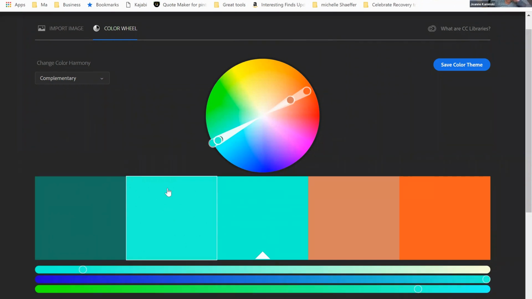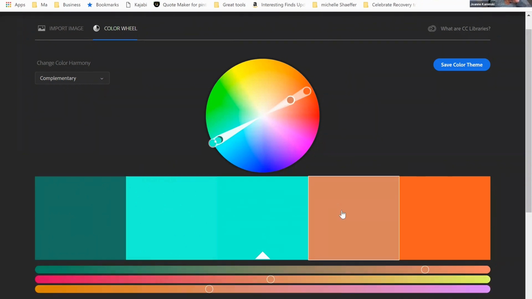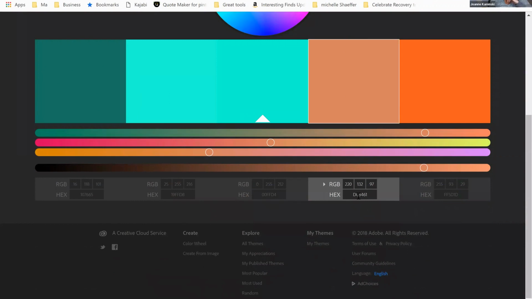If I have this lighter teal, here is the color. Now the cool thing is, look at this. This is the exact color code. So let's say I am trying to change the color. A lot of times all I have to do is enter this code and it will automatically come up as this color. Or I can go into something like Canva and I can create my colors inside of there by entering in these numbers and create my button that way. So this is really cool.